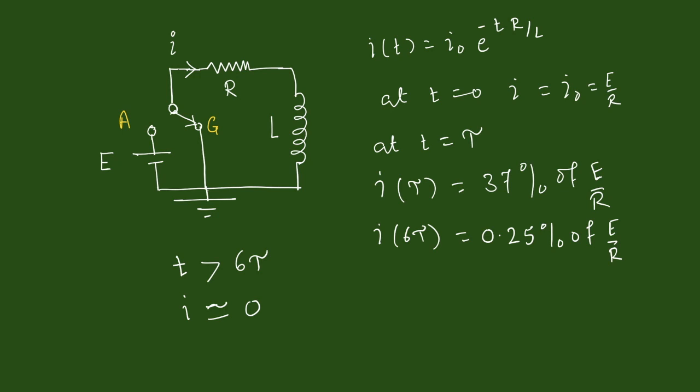We will now construct this circuit on the simulator Multisim and will obtain the graph for current in the circuit when the switch is shifted to the power supply terminal and then when the switch is shifted back to the ground terminal. From the graphs obtained for the current, we will then measure time constant of the circuit.